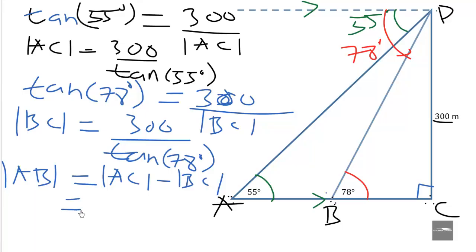So that will give us 300 over tan 55, which is giving us 210.0623, minus BC, which is 300 over tan 78, and that one is also giving us